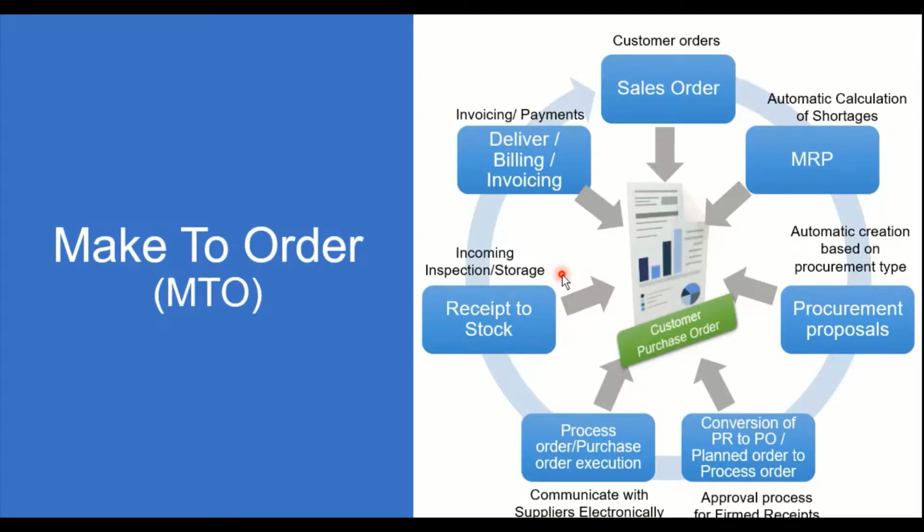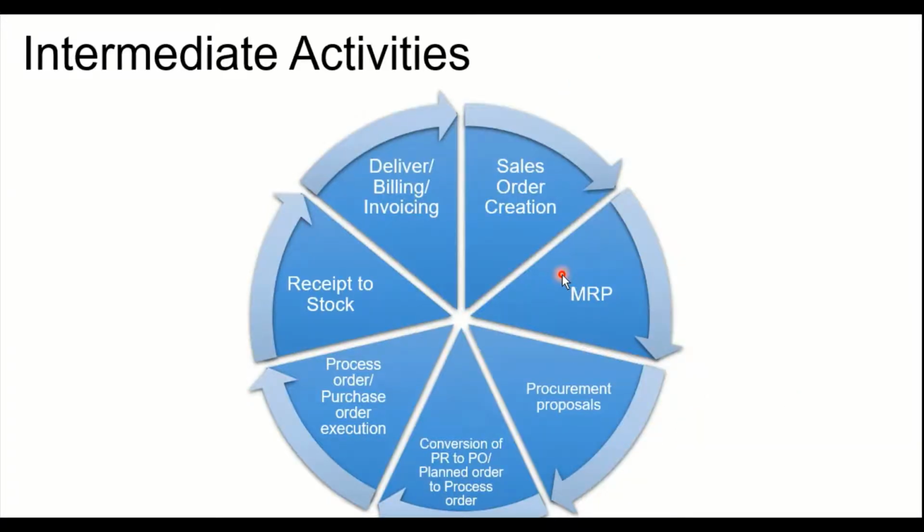So that clearly tells us that this is the customer order and this is the stock that is actually lying for it. So it creates an ease to choose the items that we have to ship to the customer, right? So everything is hard linked or hard pegged to the sales order during the complete manufacturing and the procurement process in the make to order scenario in SAP. So these are a few intermediate activities that happen during this make to order process.